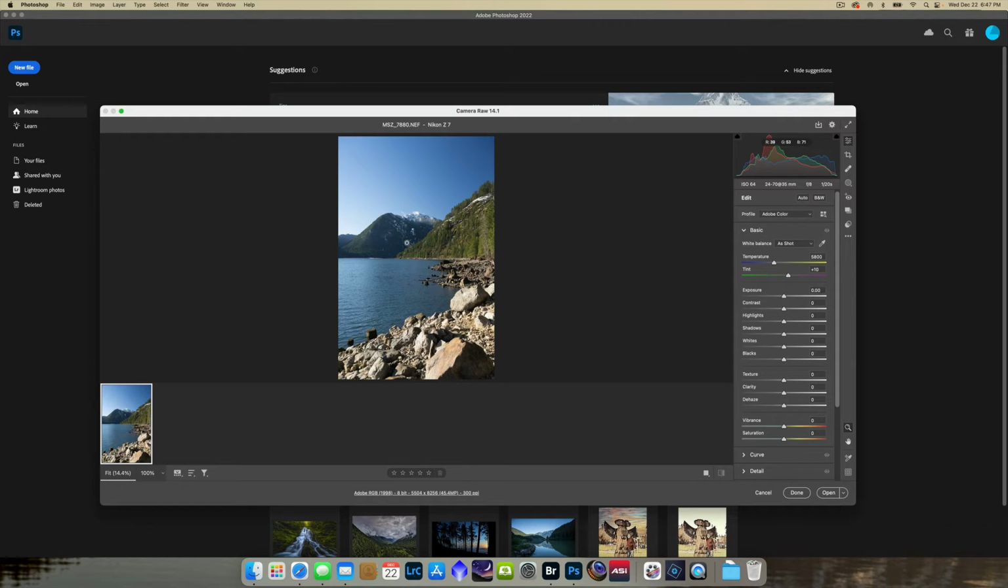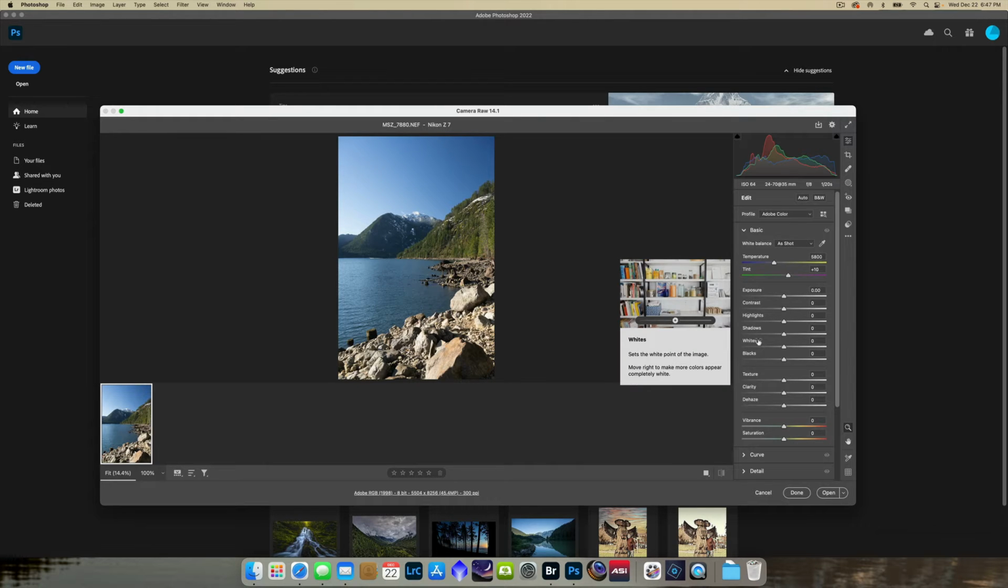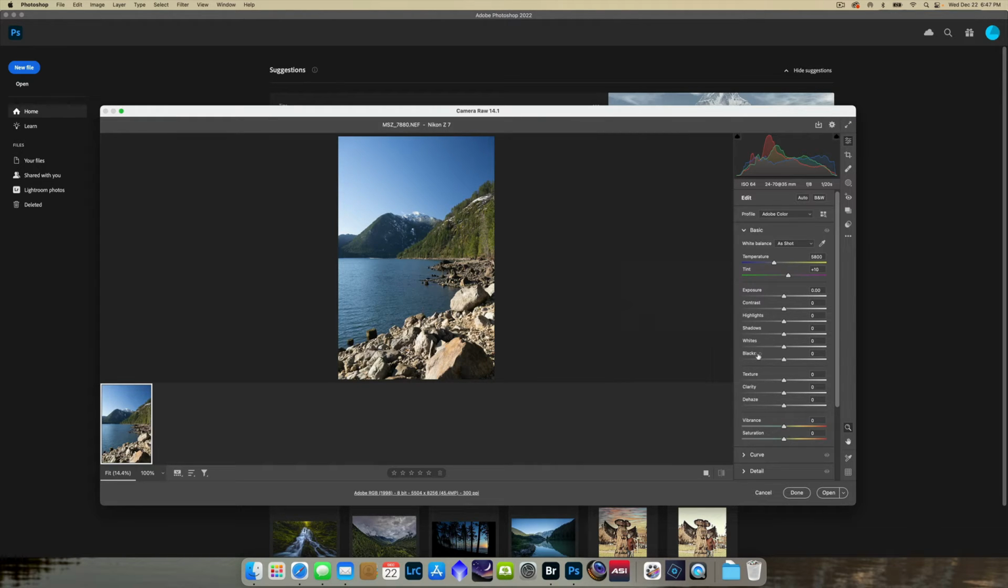So what I'm going to do here is go over in Camera Raw, and I have a section here called whites and a section here called blacks. I'm going to set the white and the black point of the image and do it in a unique way. I'm going to hover over the slider control here, and I'm going to press the Option key on my keyboard,